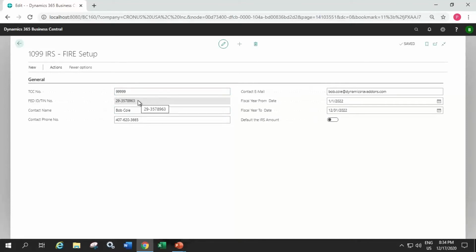The federal ID number comes from the company information. This is the only field on the screen that is not editable. On your company information, you should have your own federal ID number, and it will populate here automatically. The rest of this populates, and you'll want to put in the fiscal year start and end date that you're reporting, which will automatically apply filters throughout the system. The default IRS amount,